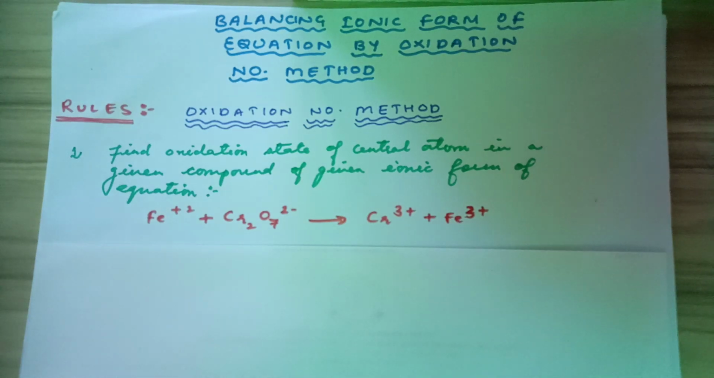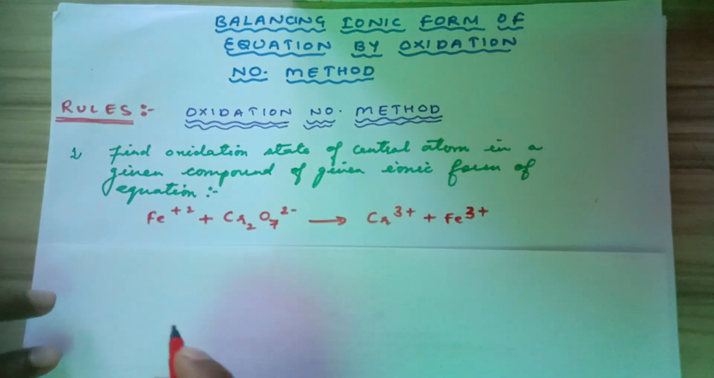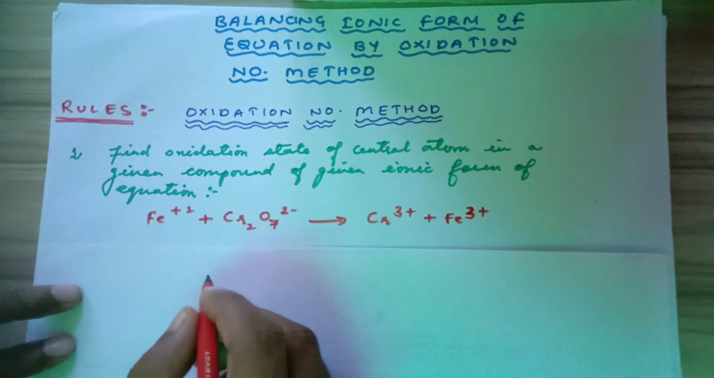Let's learn balancing of ionic form of equation by oxidation number method. Firstly, let's learn how to find oxidation state of a given compound having central atom. Suppose we are taking Cr2O7